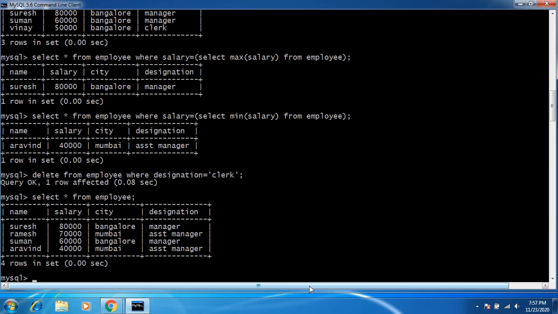Now how to update the particular field? So you can say I want to update Suresh, the name Suresh, to some other name. So how to do this? By using the update command. Update employee set name is equal to new name where name is equal to actual name to be updated.